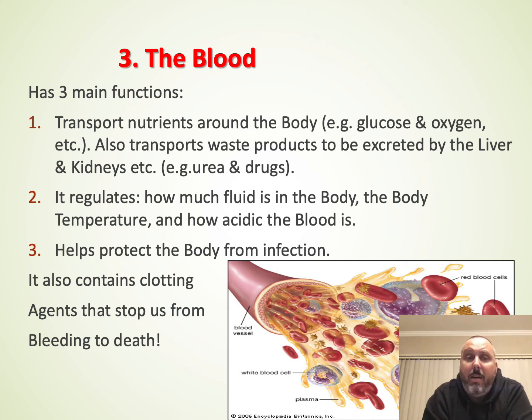The blood also regulates how much fluid, so we talked about right at the start of the lecture. It allows us to regulate that in our cells because we can take fluid from the blood, or obviously take fluid from the cells back into the blood to regulate what's going on. And moving the blood to different parts of the body helps regulate temperature too. So when you get hot, the blood comes towards the surface of the skin, so it helps that cooling by evaporation. When you get cooler, the blood gets moved towards the center of your body and away from the skin, so you don't get that same